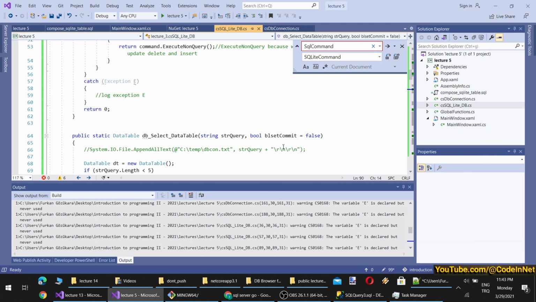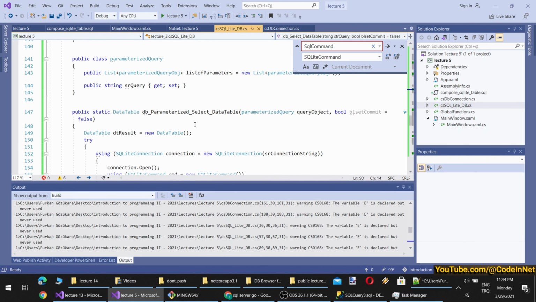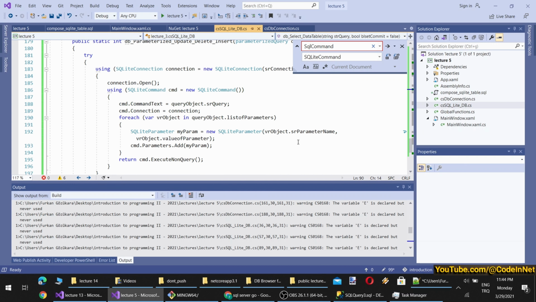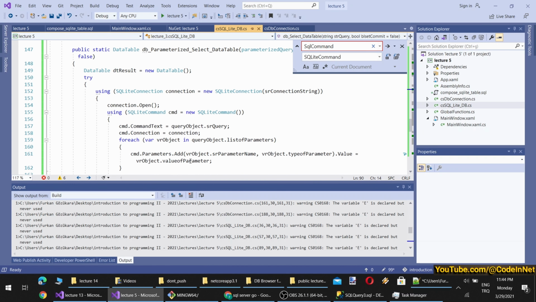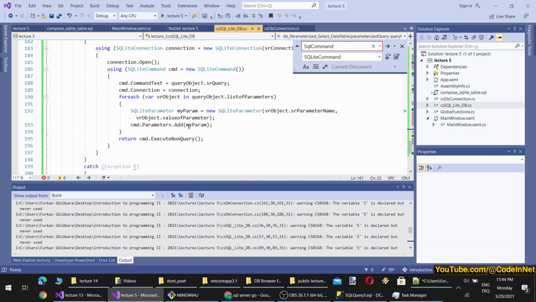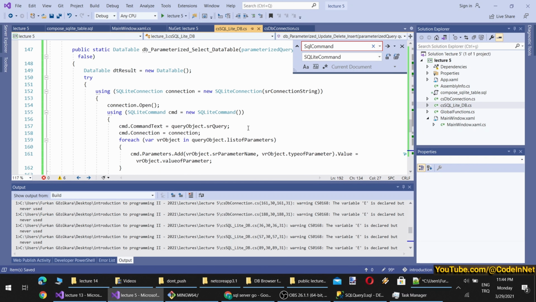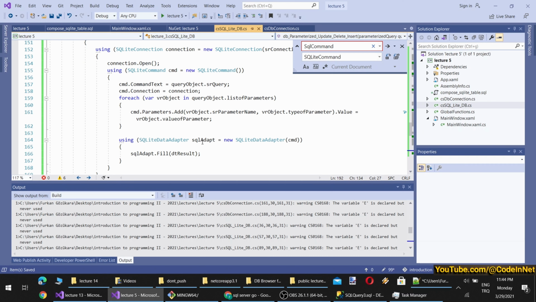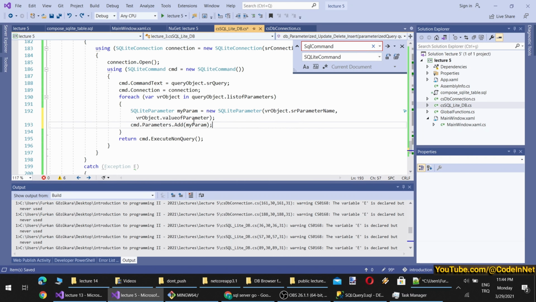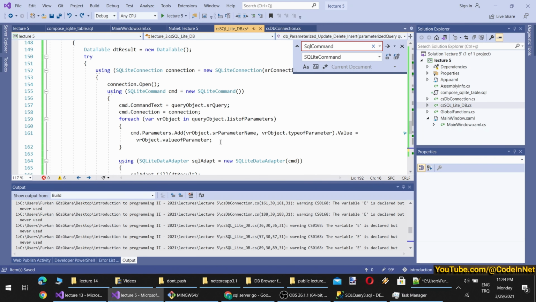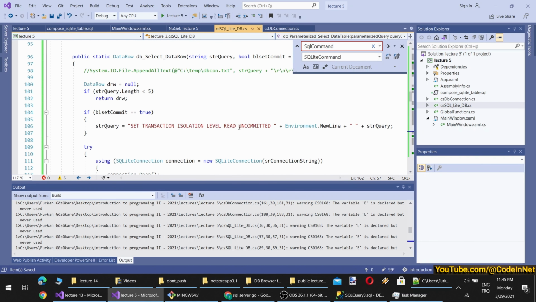Maybe you need to change the parameterized query type on update as well. Here you just need to change the same, copy and paste here. Oh, we had something else as well. So no, not this. This one will be copied, and now I will show you how to use